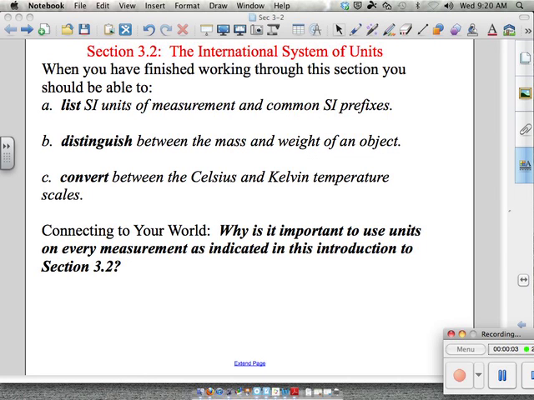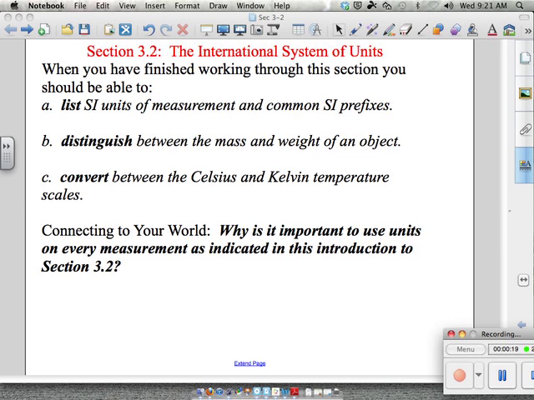Today we will be talking about Section 3-2, the International System of Units. By the end of this section, you should be able to list the metric units of measurement and common prefixes, distinguish between mass and weight and what units are used for each, and convert between the Celsius and the Kelvin